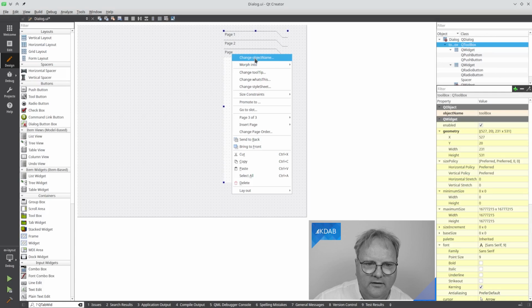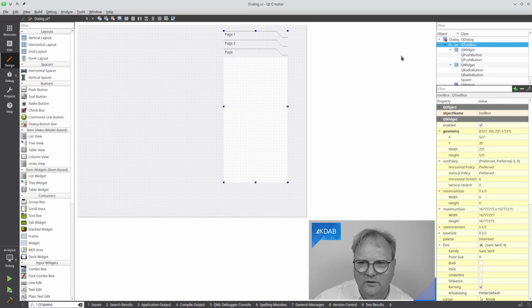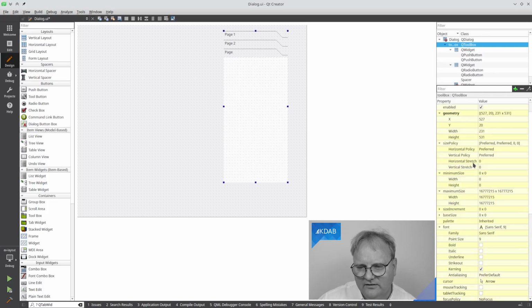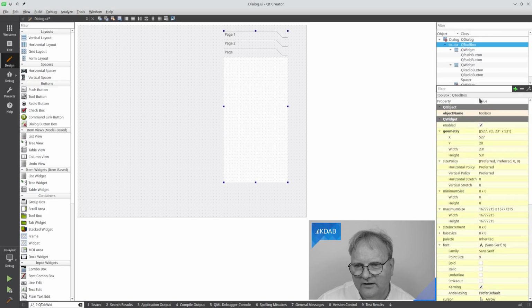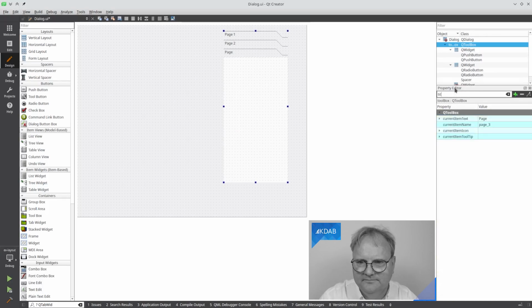Well, right click and page 3 of 3, delete page, promote page, insert. How do I change the title? Well, I do that by going over here. That's a bit of a trick that I need to go over here and find, what's it called? Title? Current item text. And that's where I'll give it another title here. So my title,